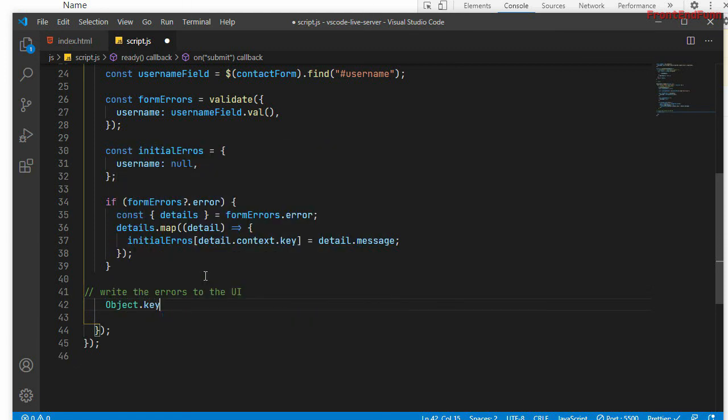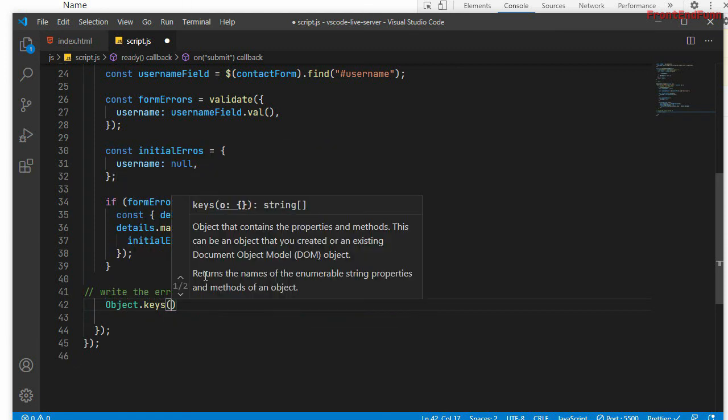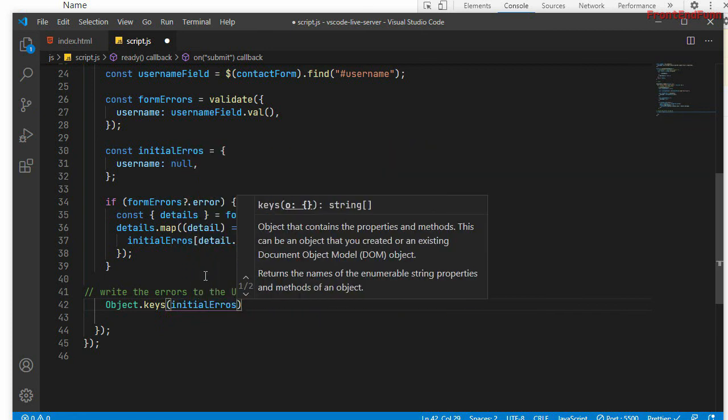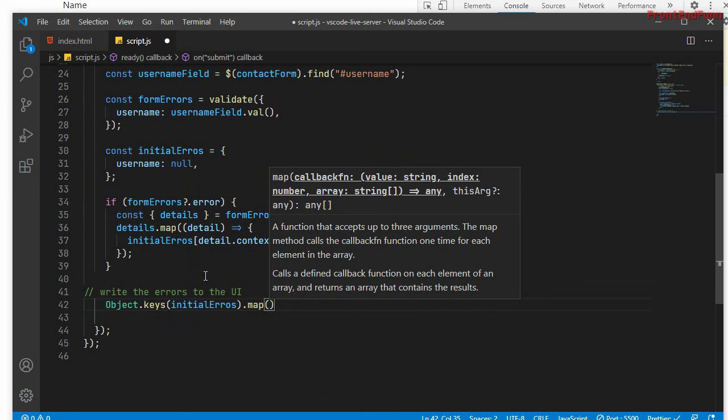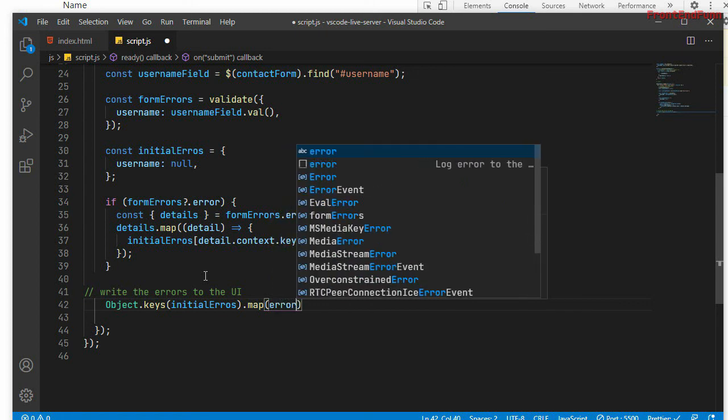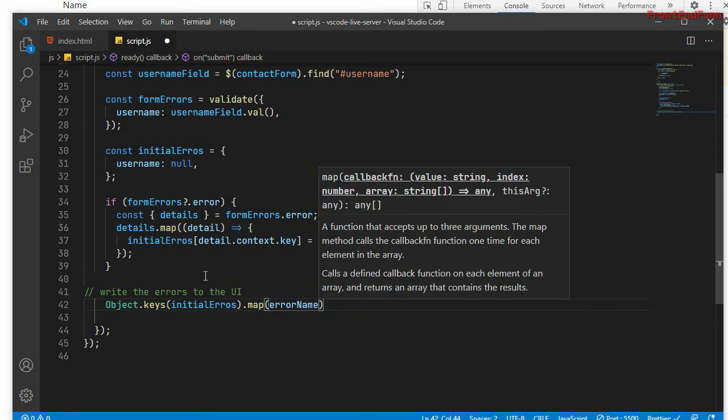Object dot keys of initial errors dot map. Object dot keys will give an array of keys for the initial errors, and I'm just mapping through the array.